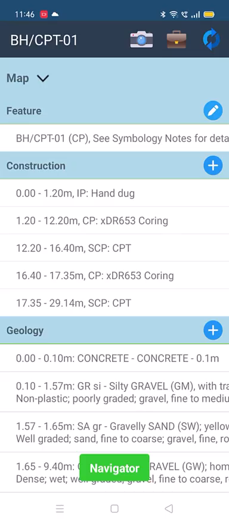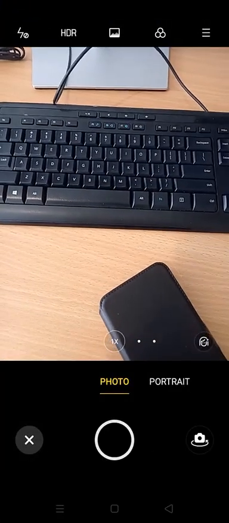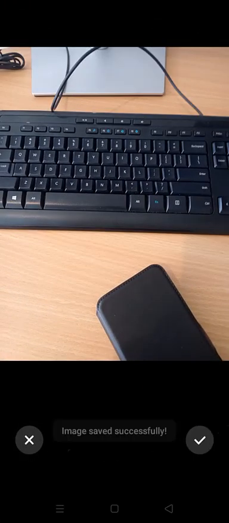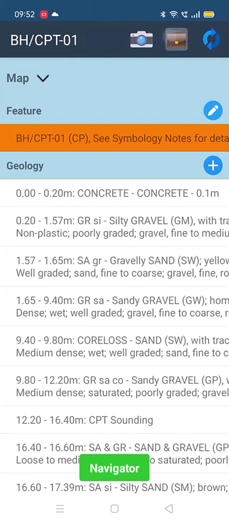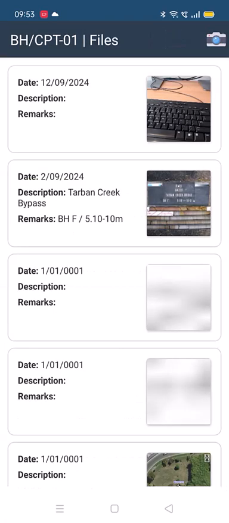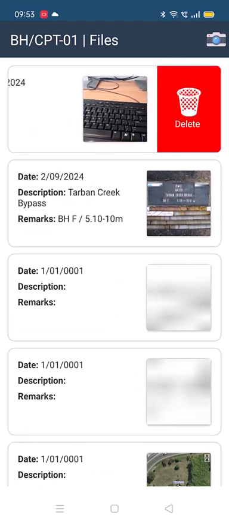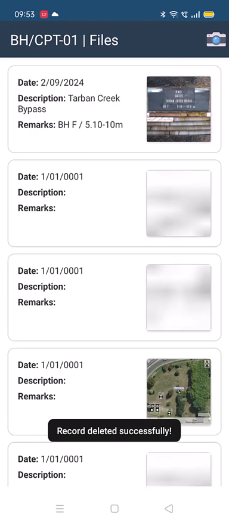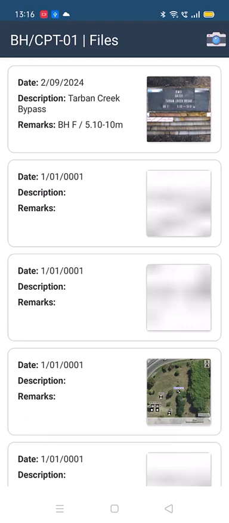The user can take a photo using the device's camera. Once the photo is taken, confirm the photo. The photo is stored in the briefcase next to the camera as a JPEG file with all the other files in the assessment. To delete, swipe to the left to show the delete button, then click on the new button.